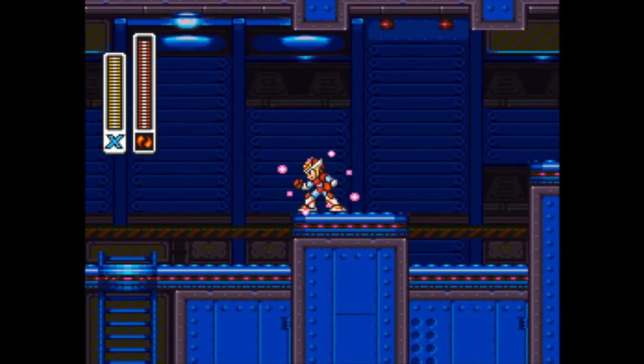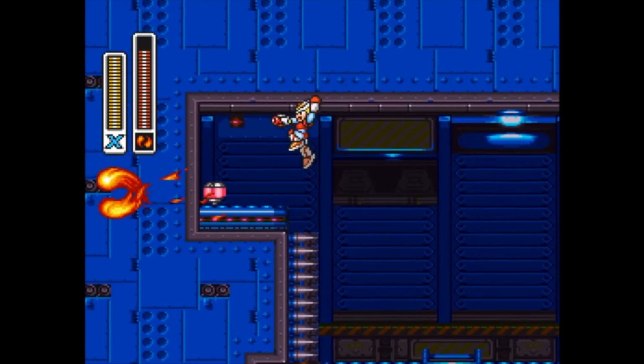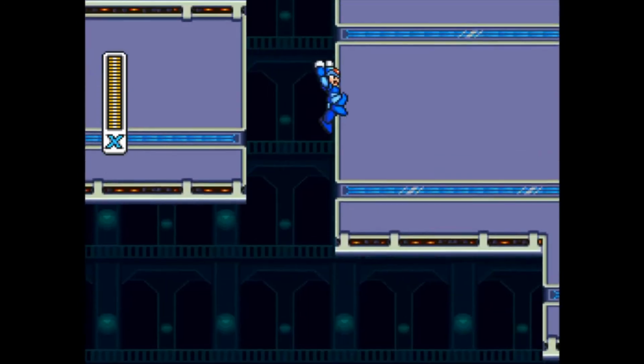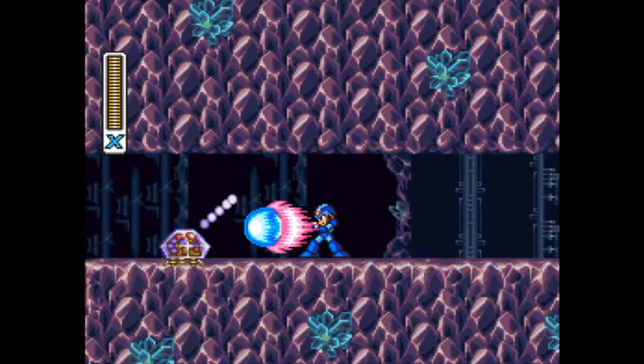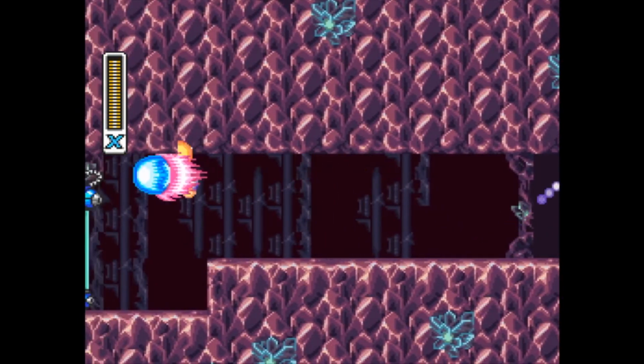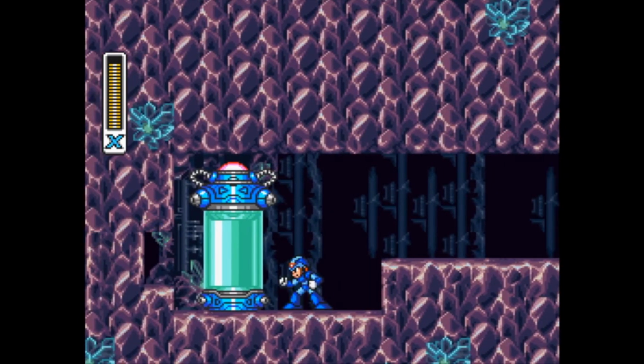Just like X1, there are 8 heart tanks, one in each Maverick stage, and acquiring them permanently lengthens your health bar. There are also 4 sub-tanks that can be filled with health to be used at a later time. And we've also got some more Dr. Light upgrades. I'm unsure as to why X no longer possesses the upgrades he received in the first X title